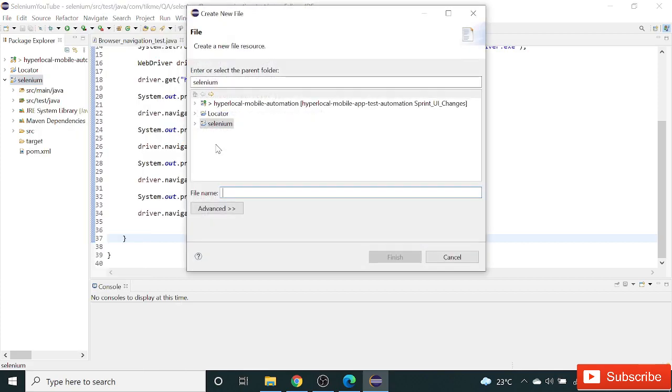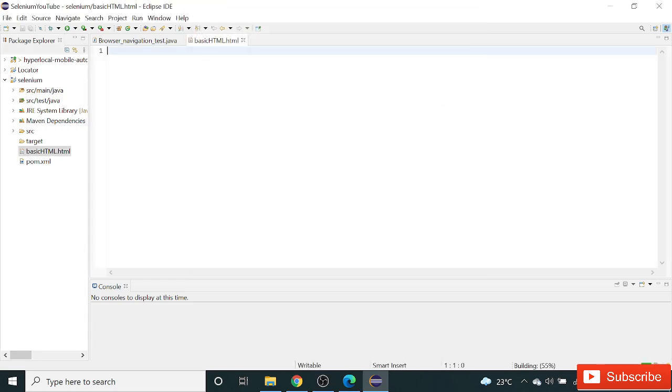Let's give the name basic html.html and finish it. This is the file created.